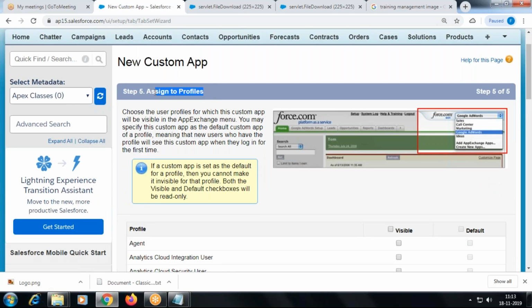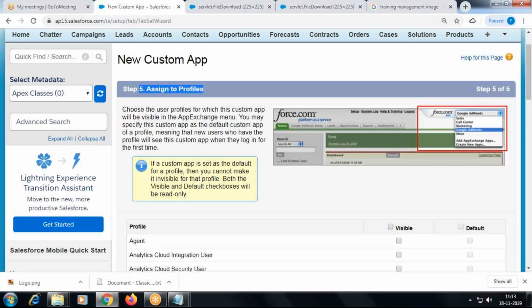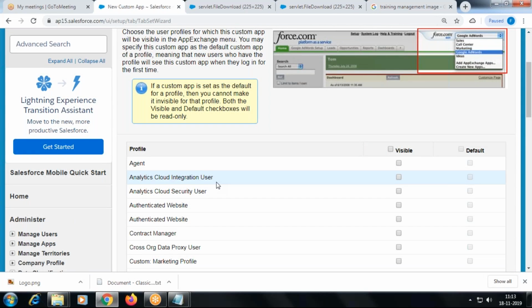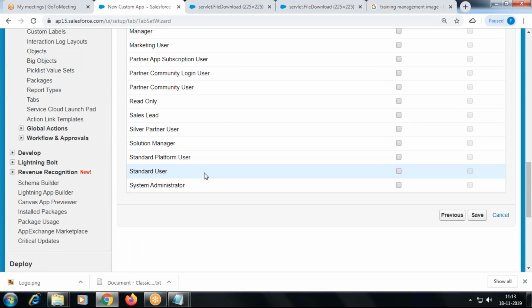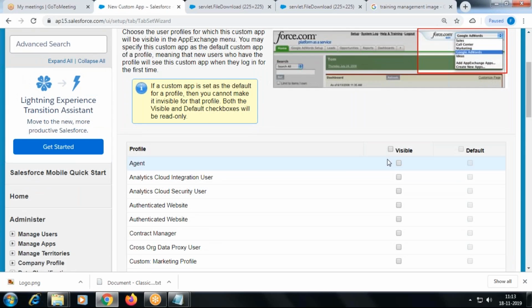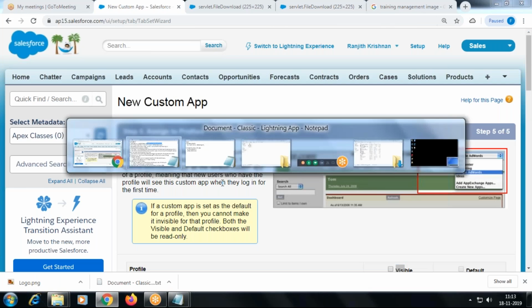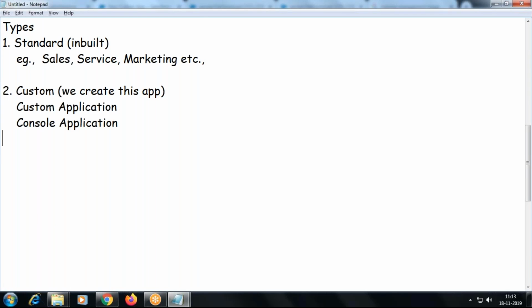What is this? Access: which profile user can access this tab, whether agent, system administrator, or standard user. None of them is available, so I give access. There are two types of access here: visible and default. To create the app, you click the new button.